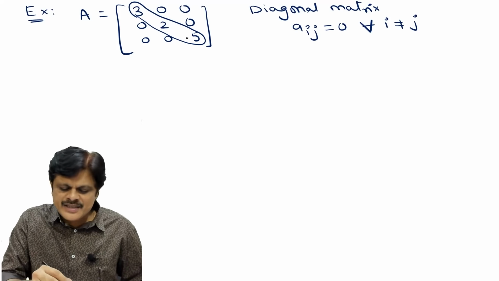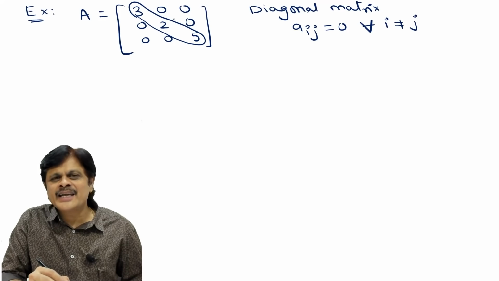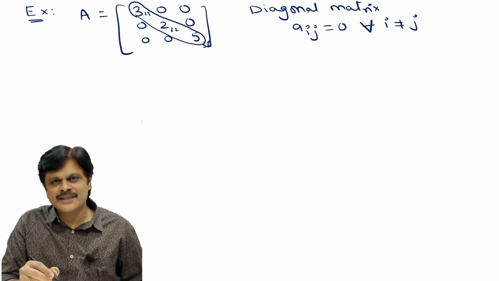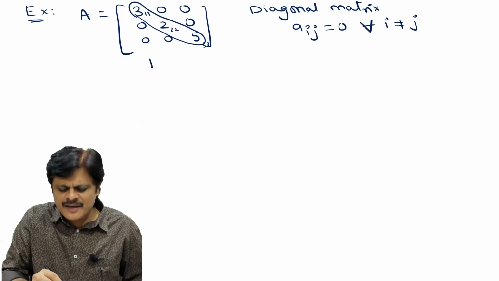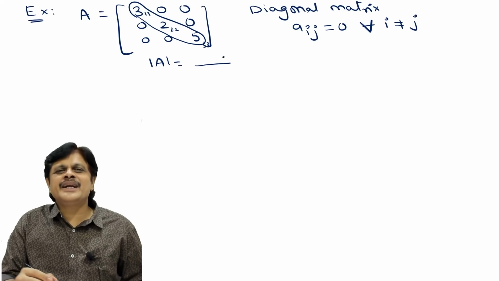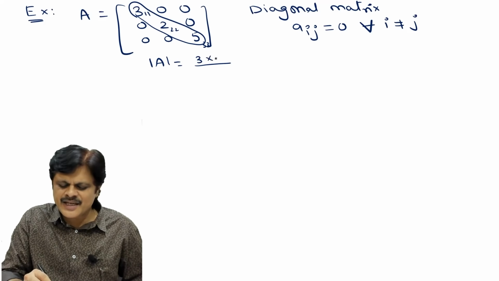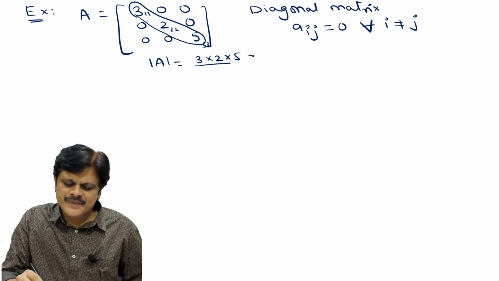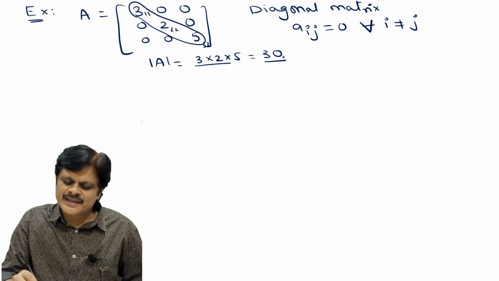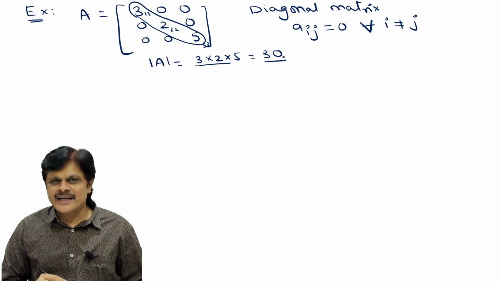These three elements have the condition that i equals j, like the 1 1 element, the 2 2 element, the third row third column element. Okay, like that. Even for a diagonal matrix, the determinant is simply the product of the main diagonal elements, that is 3 into 2 into 5. So you can calculate that. 6 fives are 30. Is the idea clear? Like that.